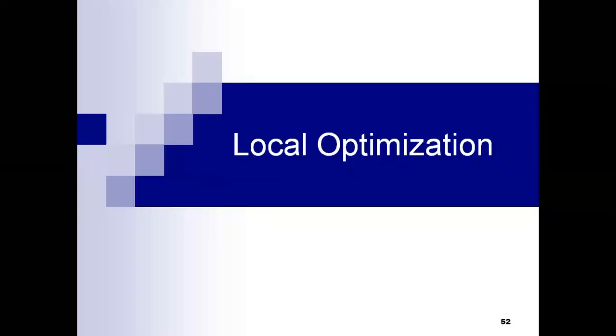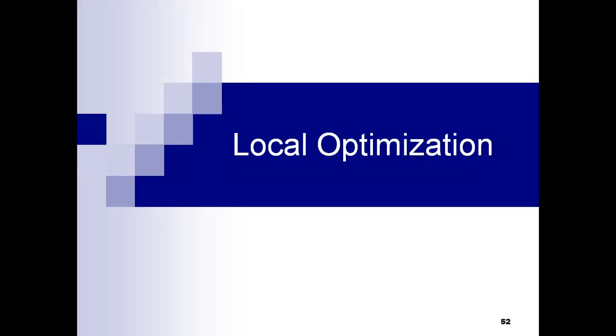I already explained what optimization is and gave examples of local optimization. Again, I'm recalling those. Local optimization is a kind of optimization that can be done on some sequence of statements, within specific basic blocks. First of all, I need to know what a basic block is. In local optimization, a DAG is constructed for the basic blocks, and then the optimization can be done. Make a note of it.